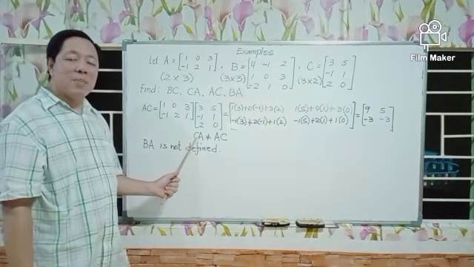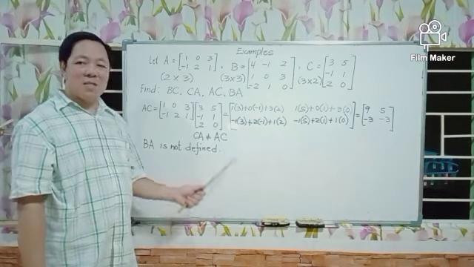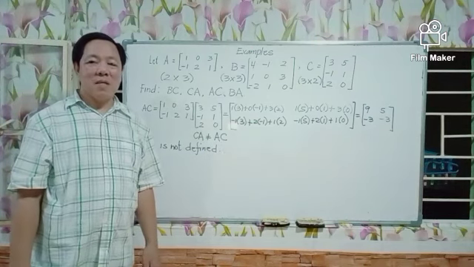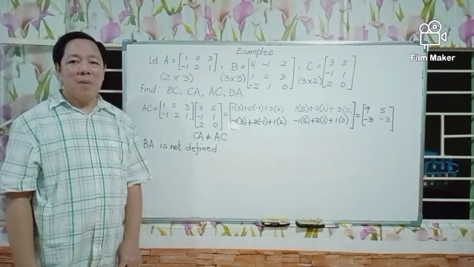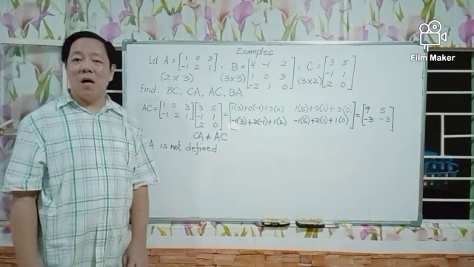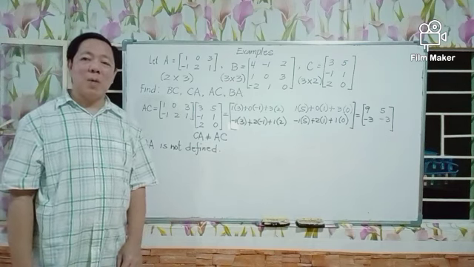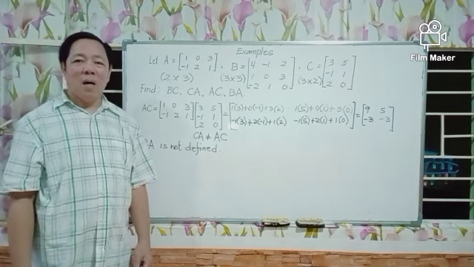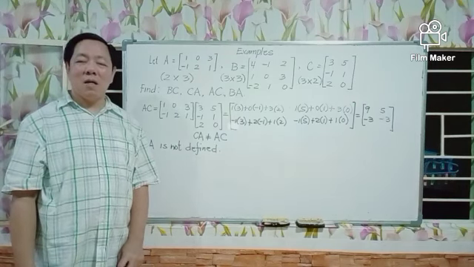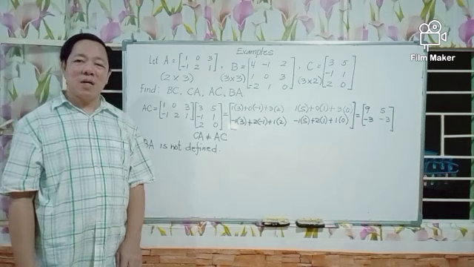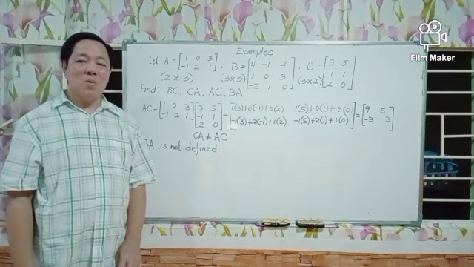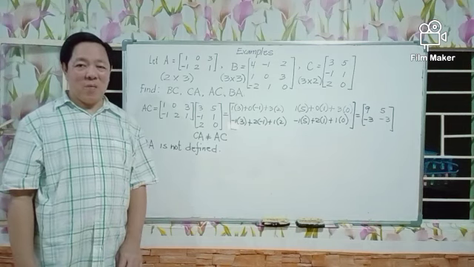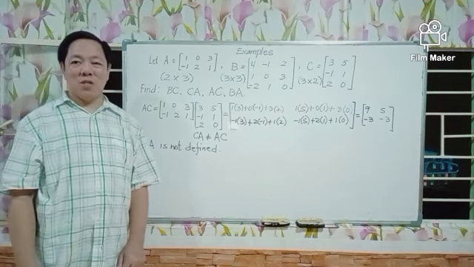Now, here in the product CA and the product AC, matrices A and C have different sizes, but they satisfy the condition for the product of two matrices to be defined. But if A and C are square matrices and their product is the same, CA would be equal to AC. And we can conclude that multiplication of